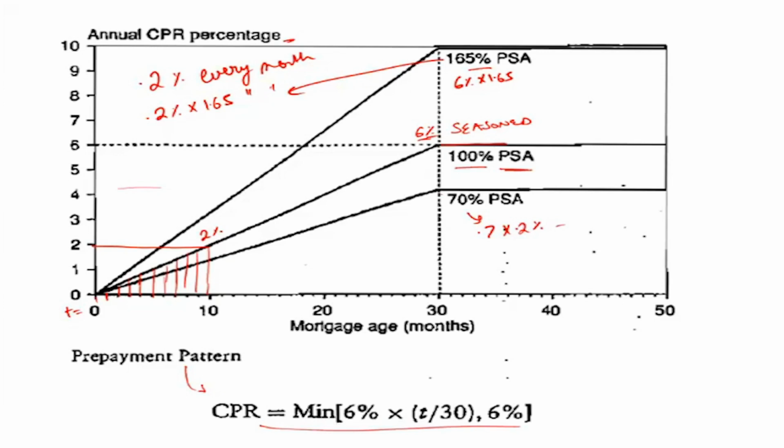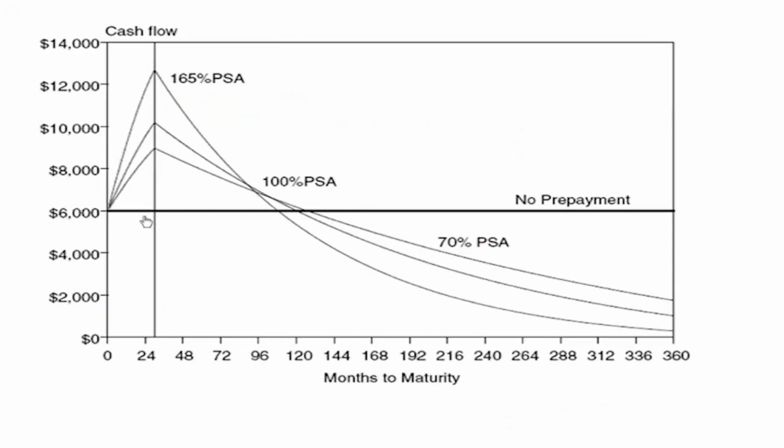That is, it'll keep increasing by 0.2% and then become constant at 6% after 30 months. This is the 100% PSA. So let's assume that a mortgage was issued with an equivalent monthly installment of $6,000. So $6,000 is expected to be paid every month for the next 30 years, which will repay the loan as